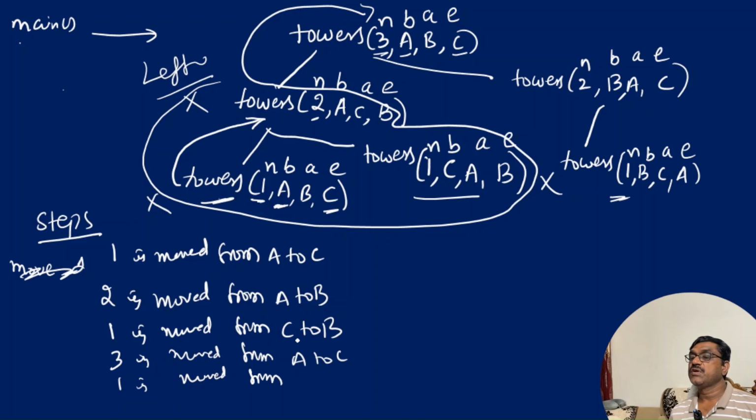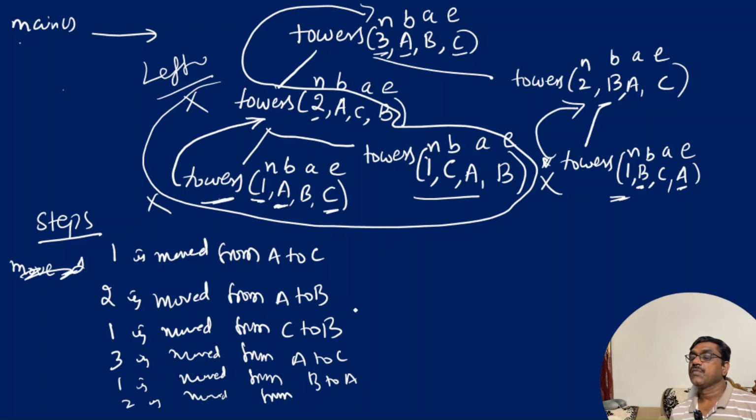1 is moved from B, beginning peg B and A is the end. B to A. Right? This is completed. Now you move back. When you move back means this is root. When you go to the root, then print another print. So now in this case, you say 2 is moved